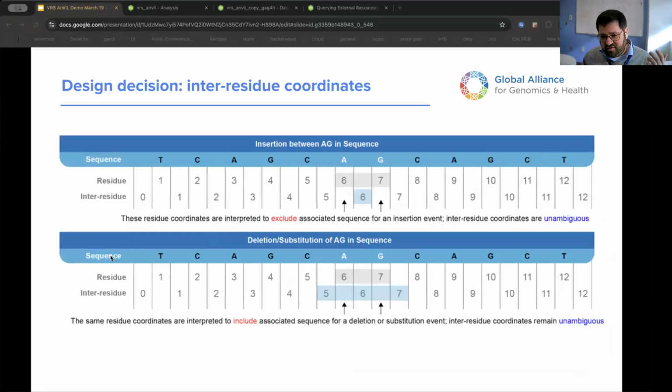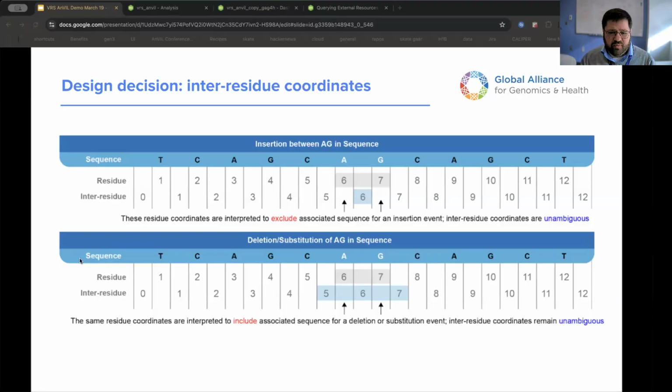So we'll start with the interresidue coordinates. Now, this is an important distinction from other common formats like VCF and HGVS, which I'm sure everyone here is familiar with, where those use a residue-based format where you provide a number and that indicates which residue in a sequence you're talking about, Verse follows the same conventions as something like BED or NCBI's SPDI format and uses interresidue coordinates. And there's an important, from a knowledge search and a knowledge aggregation perspective, there are certain useful properties